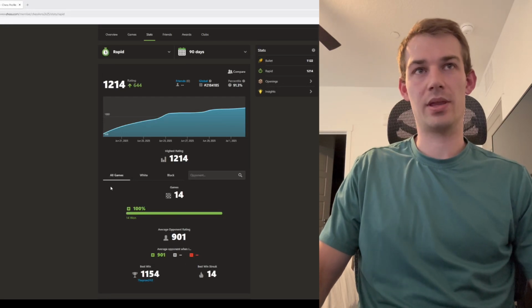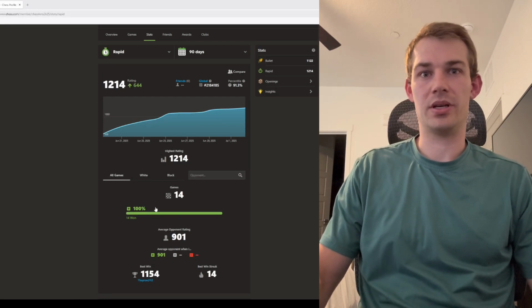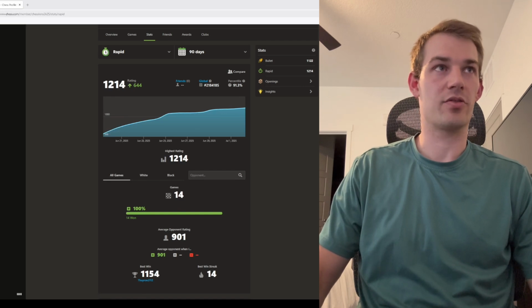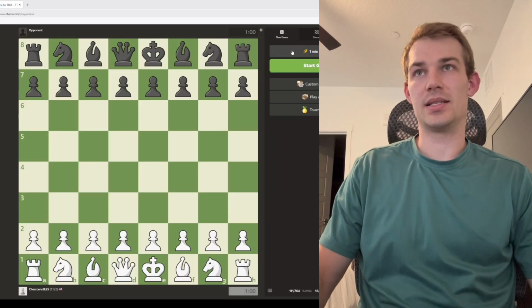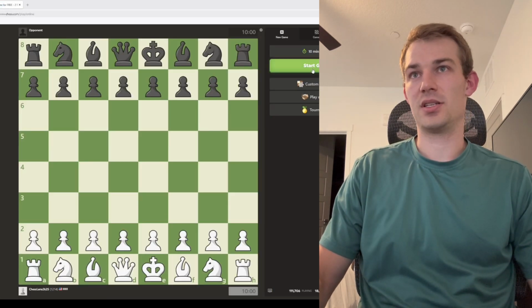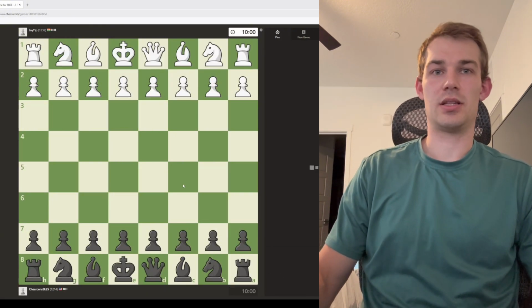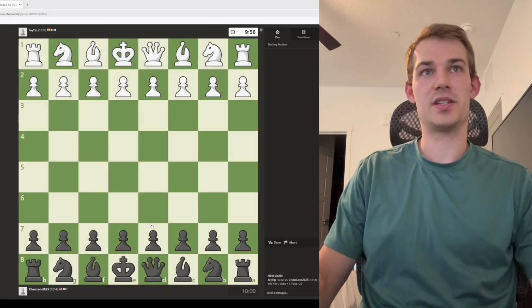All right, back with the rapid speed run. We are on a 14-game win streak to start off the series, just past 1200 last episode. Let's see if we can continue to climb up the ranks. I'd say once you reach 1200, we're officially into the intermediate territory, so we're facing